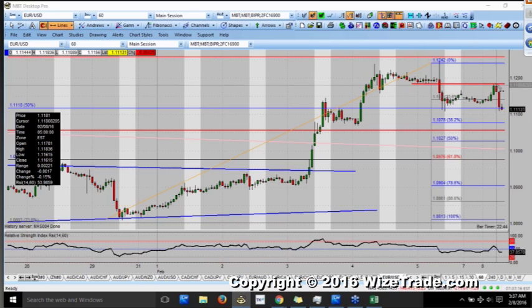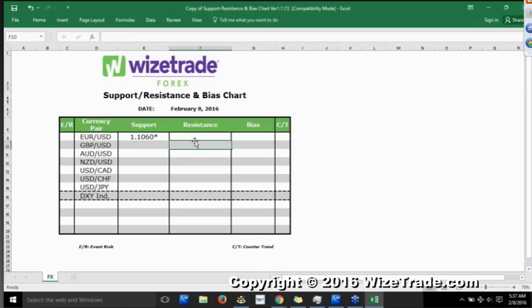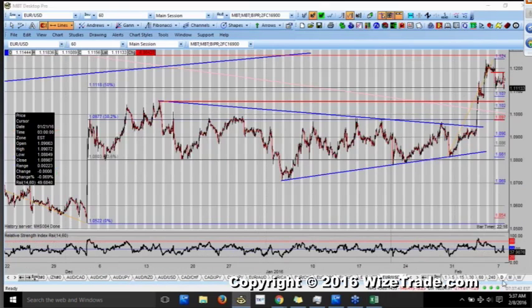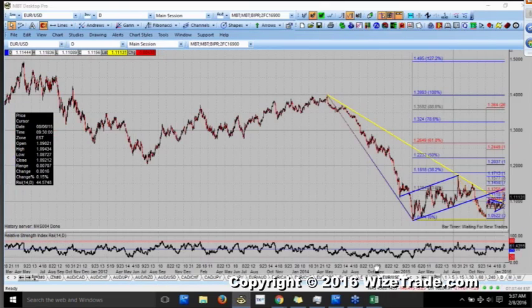And if we break back above 111.80, that's going to suggest that there's obviously some dollar weakness coming. All right, but 111.80 should be resistance today, and I think that the bias has gone from range to bullish. Okay, we've gone from range to bullish, and the reason why is because we broke that very strong